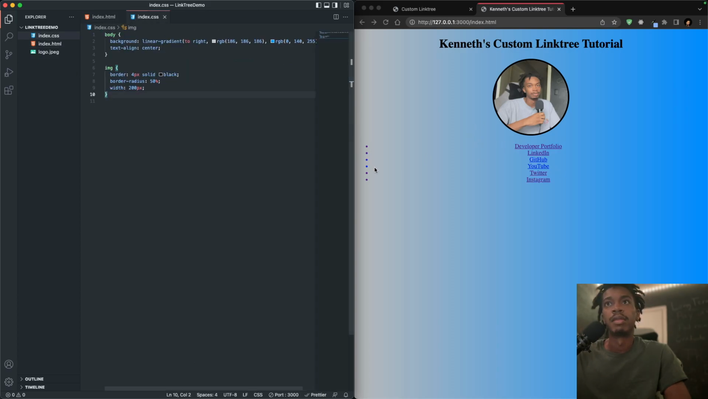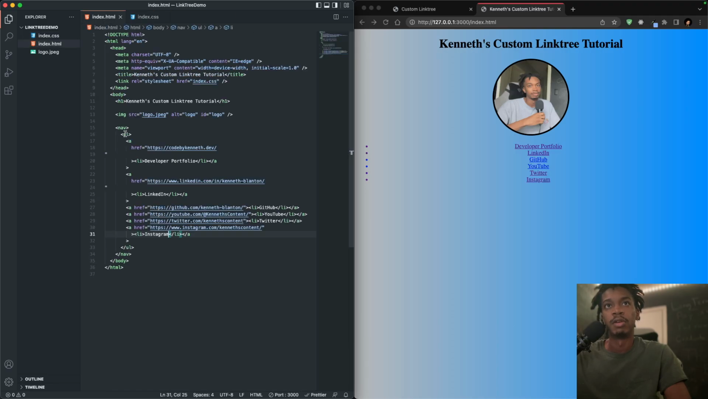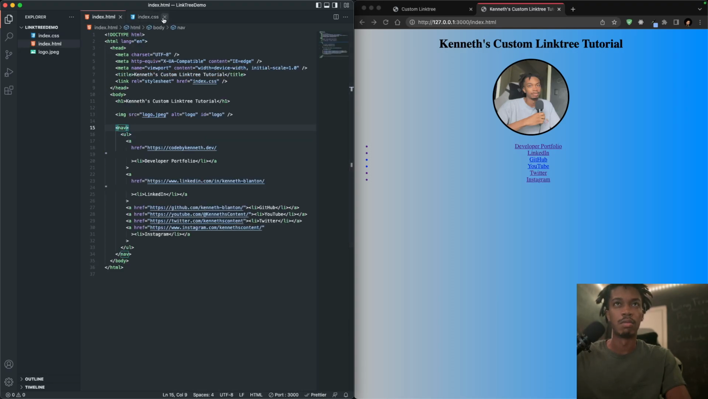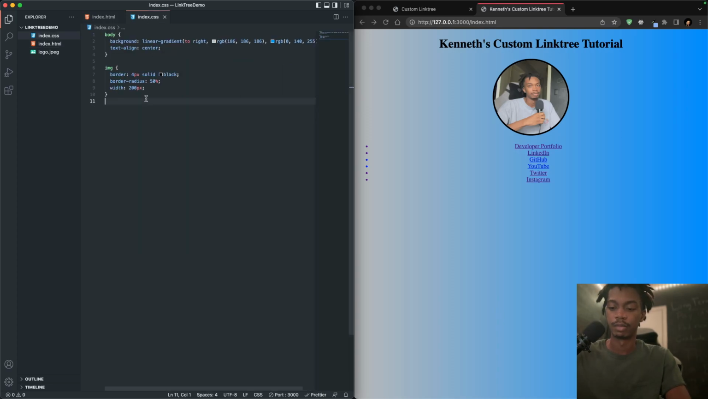Now, to take the bullets away, like I said, an unordered list has bullets. An ordered list, you see this is UL, and ordered list is OL. Ordered lists, let me show you. They have numbers for each of them, but for this one, we're going to use an unordered list. Now, for the unordered, or for the nav, we're going to put nav, well, unordered